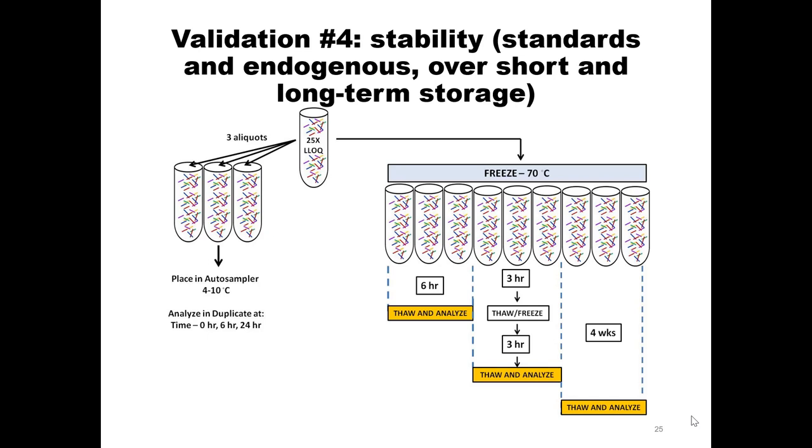So the next one is stability. This is freeze-thaw. We talked a little bit about freeze-thaw experiments in the morning. You would take, for example, a whole set of samples that you would prep all together and then split out into multiple aliquots. Some of them you would place in your autosampler. Andy had mentioned, in the McCoss lab, we do this test because it is so cheap and easy to do. Make 3 aliquots, place them in the autosampler, measure one of the aliquots on day 1 at time 0, one of the aliquots 24 hours later, another aliquot 72 hours later,